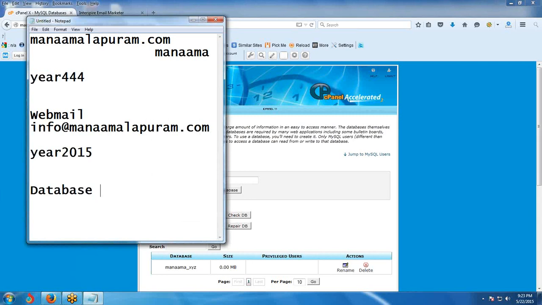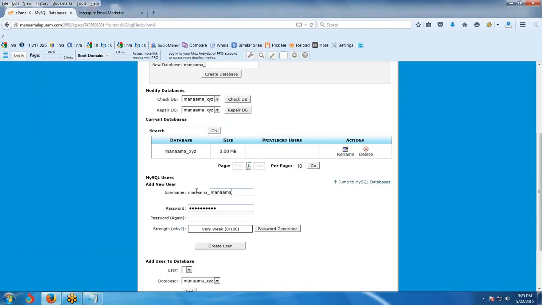This is the database. After that, you must create a username. Just scroll down. XYZ. The password is year 2011.